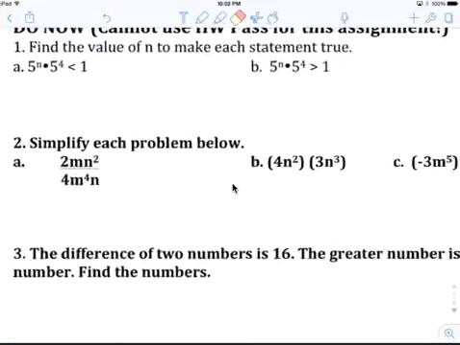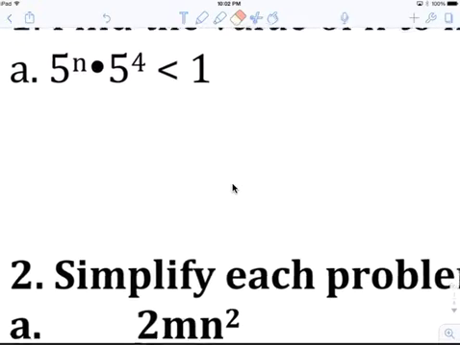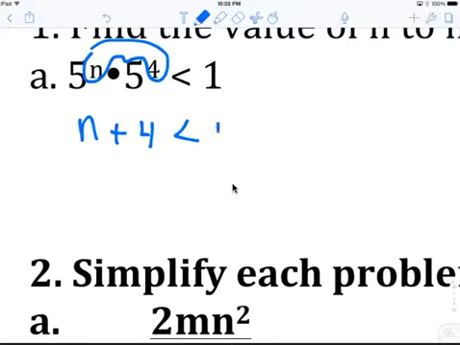Okay. So some of you are still missing this. Let's do it this way. Maybe a lot of you are not understanding this one. Okay, in class, some of you by your work, you don't understand. We know we're going to add these two together, right? So n plus 4 is less than 1. Well, not 1, but before we do